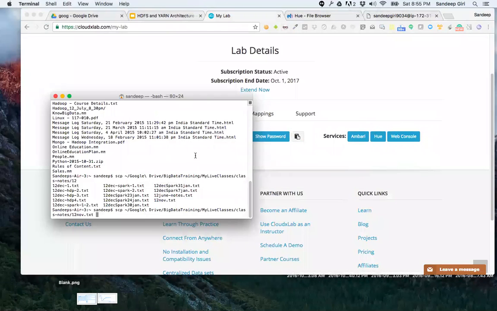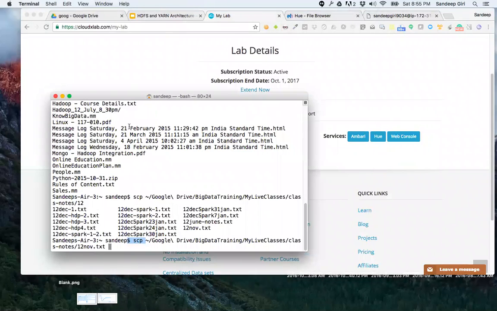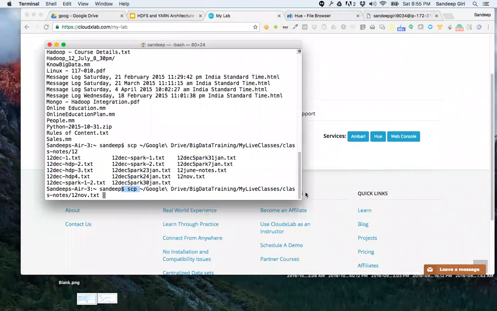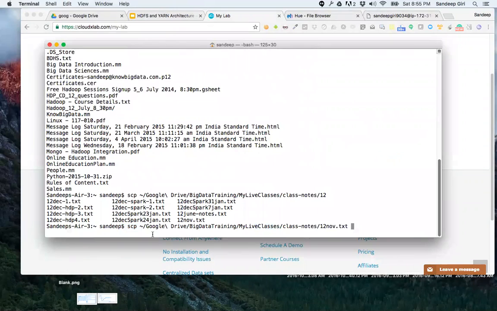Okay, so I'm going to say scp the source file. This is where my source file is existing, inside Google Drive, my big data classes, my learning classes, class notes. This is my source file. I'm providing my login e.cloudxlab.com colon.